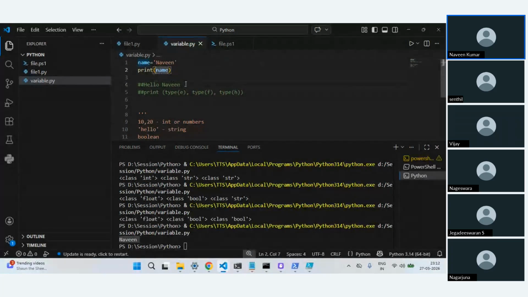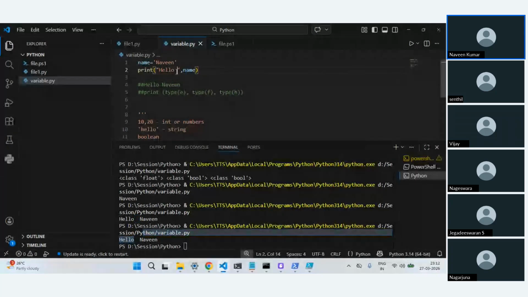What we can do is say hello in quotes, put a comma, and write something like this. This is one way of writing. If I run this, it prints hello and a space, and my name. If I remove this space, you will see that by default you get one space and it is printing.